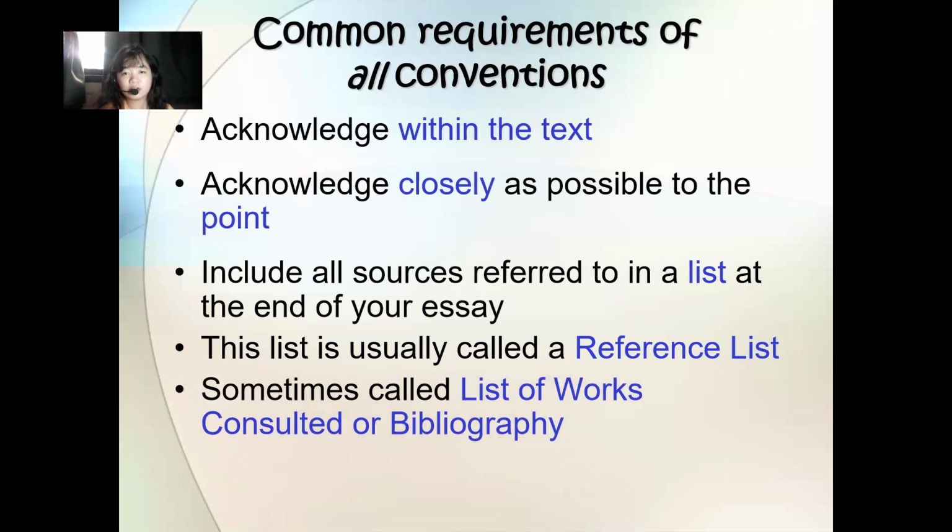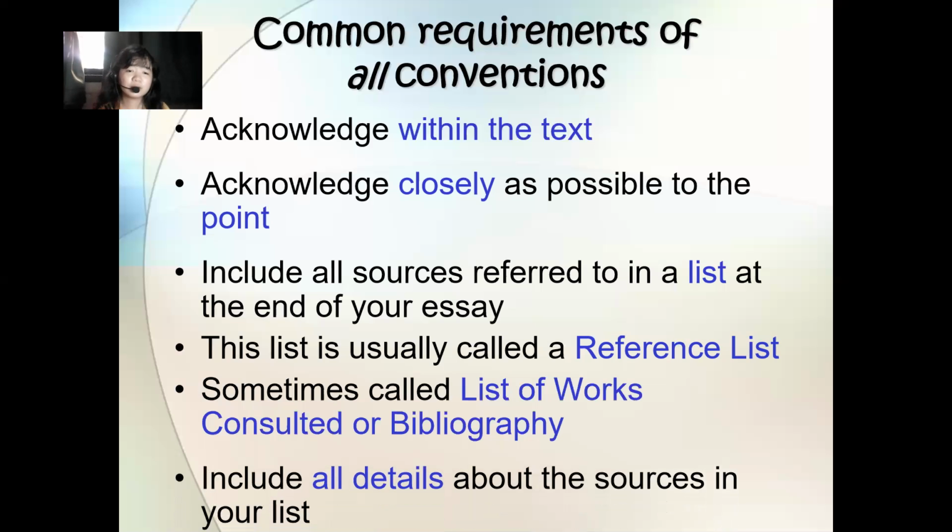Sometimes we call a reference list a list of works consulted or a bibliography. The difference with a bibliography is that you read the article but did not copy it word for word. You take an idea from it, then rephrase it based on your own understanding of the article. That is called a list of works consulted or bibliography. For the reference list, you copy the source word for word. They include those in your introduction, RRL, and theoretical framework. That is the reference list. Okay, am I understood?